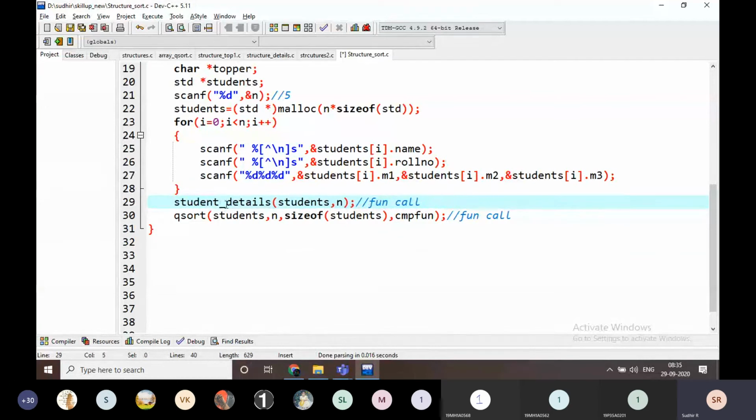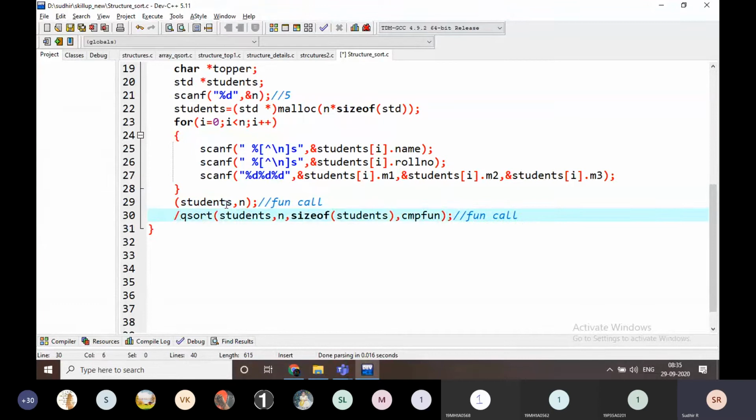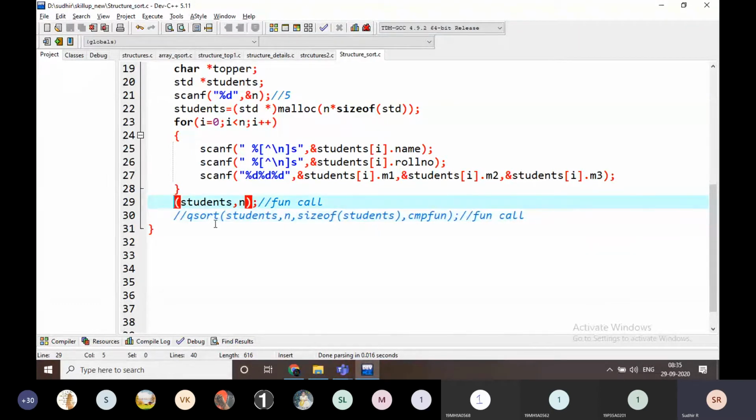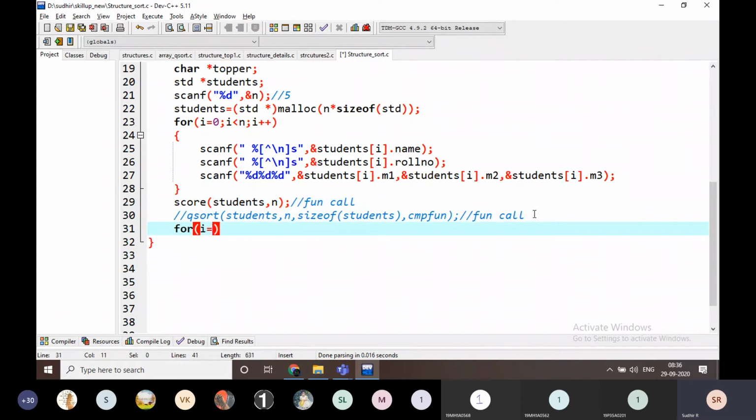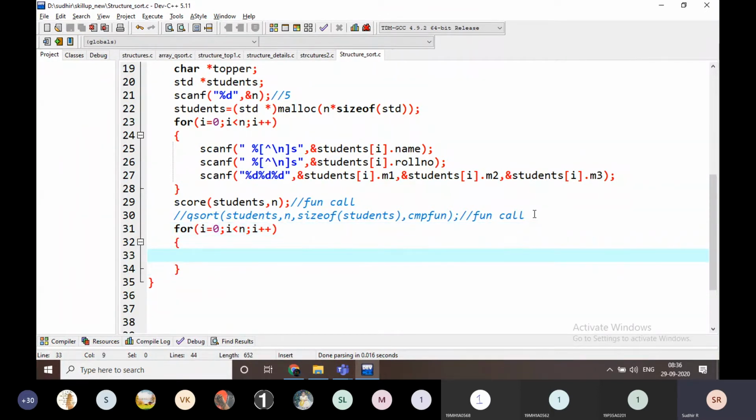I'm going to calculate the score here. I'm just going to comment it out. First of all, I'm going to view the data here. I'm going to call one function that is going to be score, and after that I'm going to display the data here. For i equal to 0, i less than n, i plus plus, I'm going to display the data.